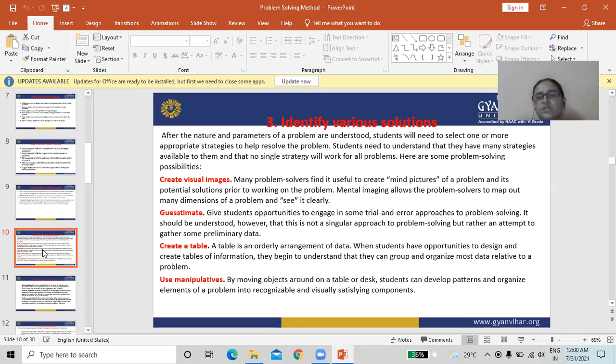Mental imaging allows the problem solver to map out many dimensions of the problem and see it clearly. So creating a visual image helps you in identifying various solutions of the problem.